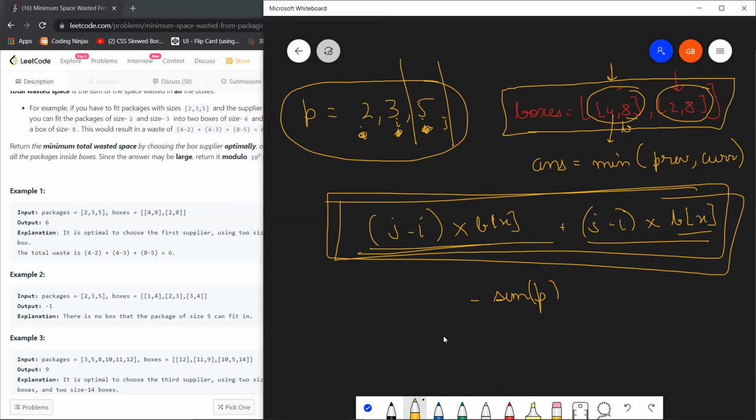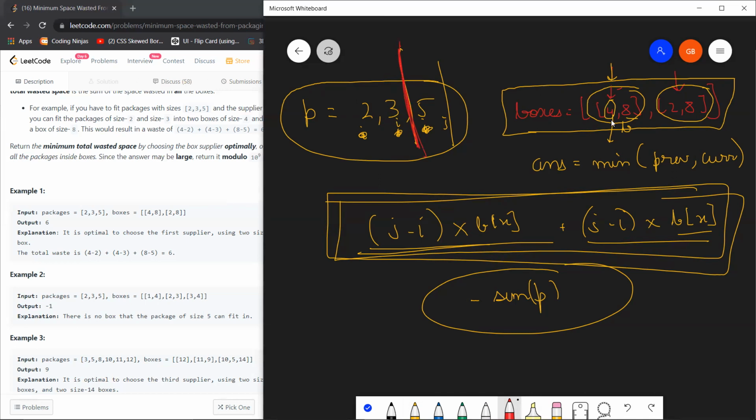So as difficult questions go, this was a pretty normal, or I shall say a little medium problem. I won't consider it a hard problem. All you needed to do was to figure out how to calculate the total wasted space and how you will go about optimally selecting those boxes. And I think this was pretty clear that once we applied sorting, we could have easily placed the optimal box. As you remember, I was placing this 4 optimally over here because I knew it would optimally cover 2 and 3. I did not go over to 8 to cover 3 and 2. That would have been a waste of space, right?